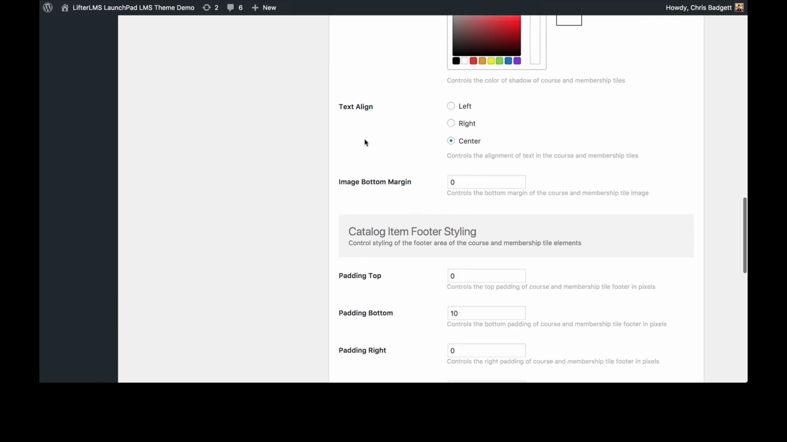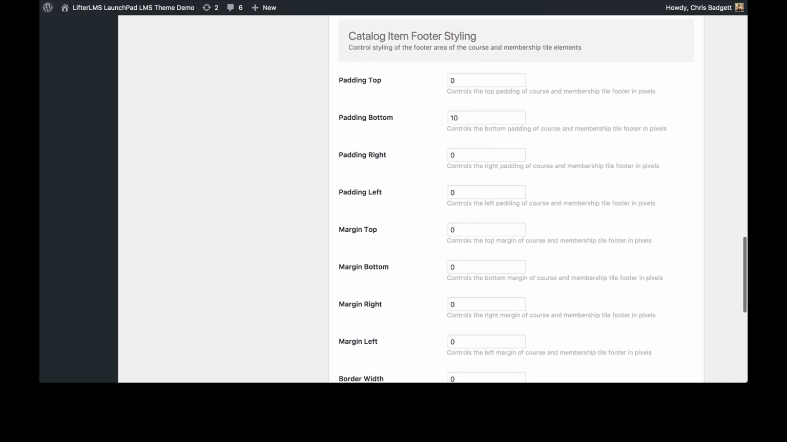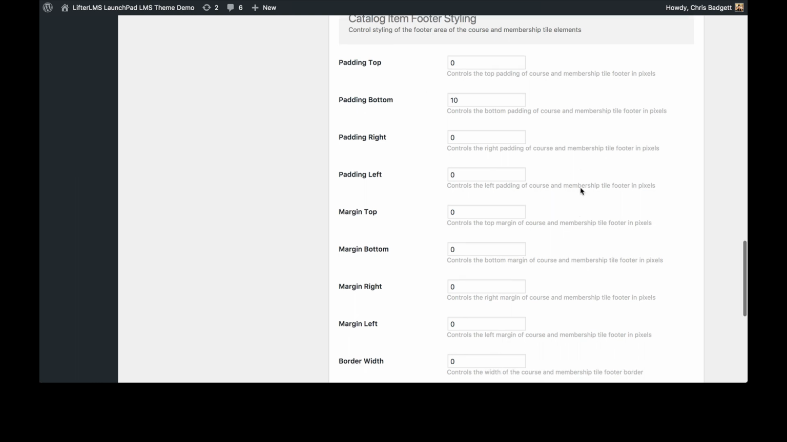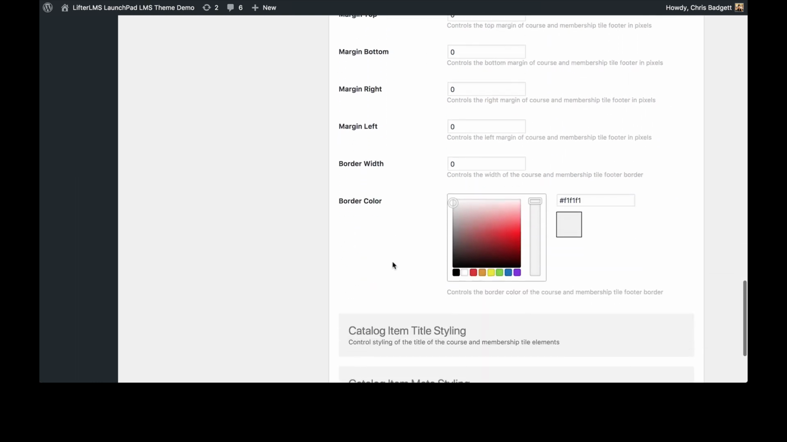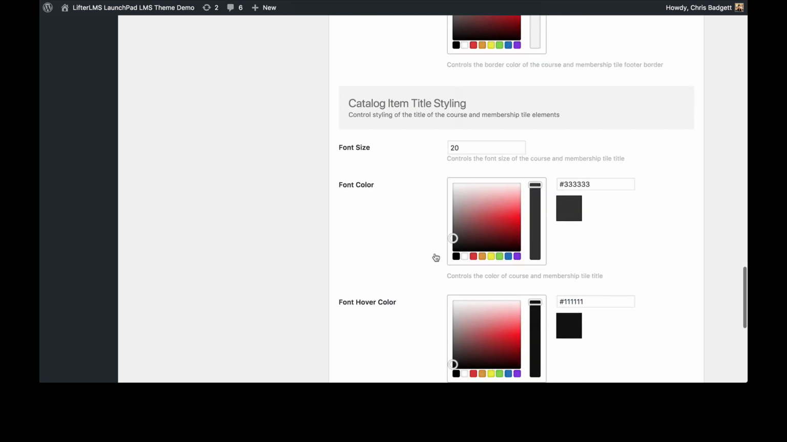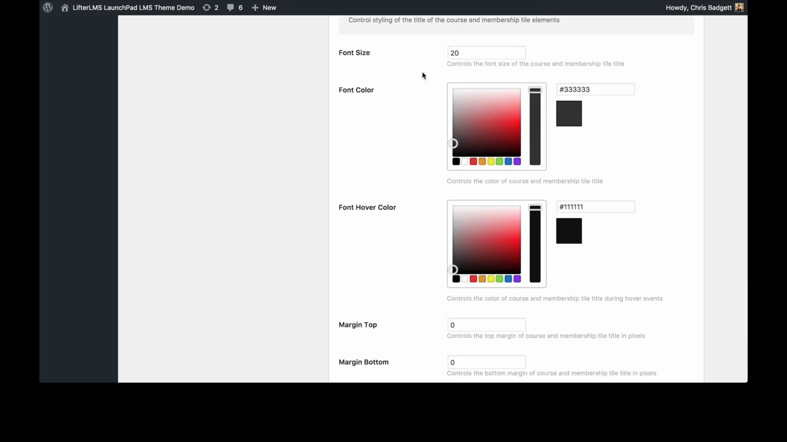The catalog item footer styling. That is this area where the words are, the bottom. You know, there's all kinds of padding and margin you can put in there. You can put a border around that. Even the title, you can do stuff too. The catalog